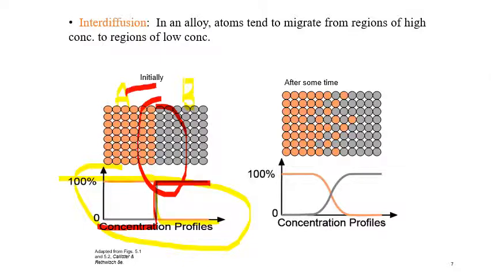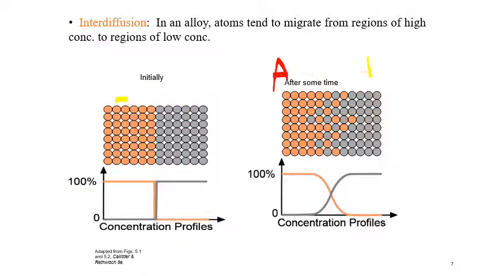So these A atoms start to move from A to B, and B atoms move from B to A, meaning the concentration of A is more and it goes down like this. So the concentration of B is more here, and it moves down. It takes some time, it will not occur just like that. If the energy is more, then the diffusion rate will be more. If not, this process will take a longer time.